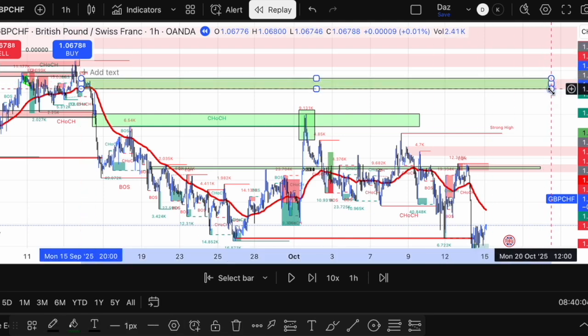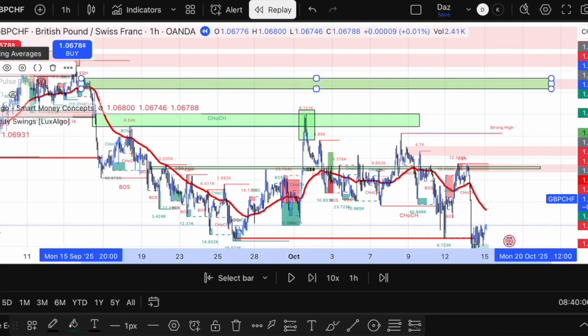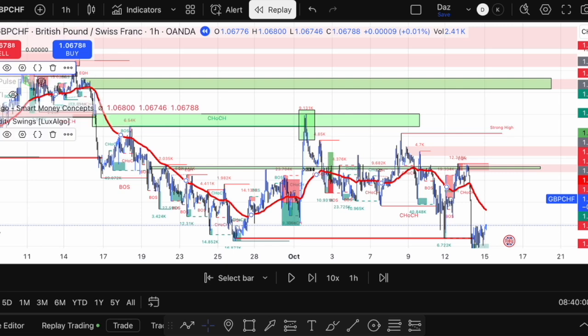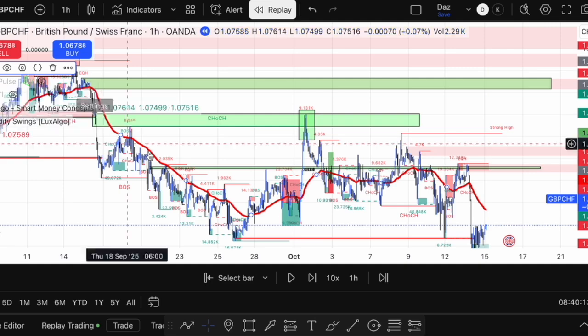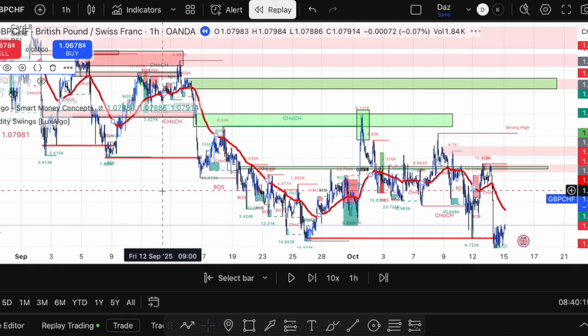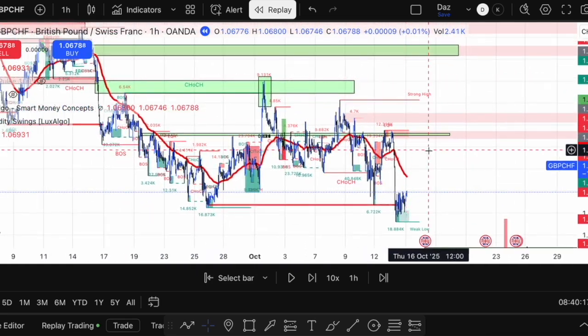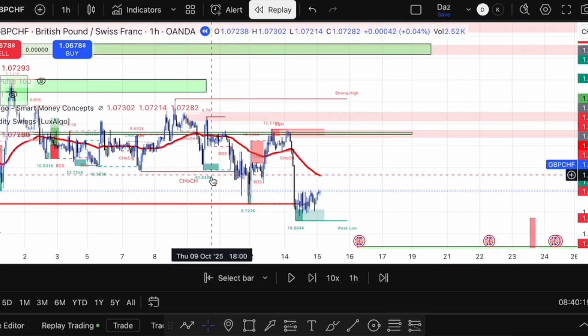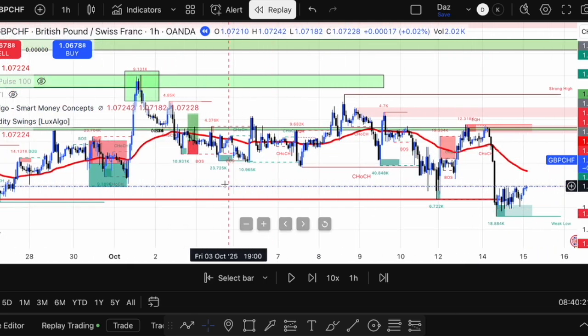Right. Now I use another little indicator which you can look for, and it's called Smart Money Concepts. Lux Algo Smart Money Concepts. And there's little things you can have in there as well. So we're looking for support resistance zones. Now that was on the. If you look here,